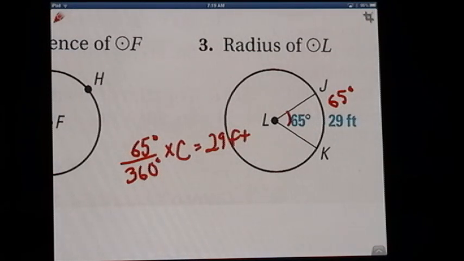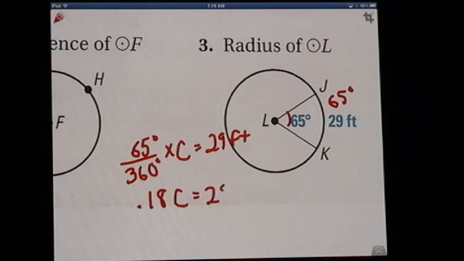Now most of you will just want to divide 65 by 360 to get the decimal, and we get 0.1805, and if we're going to round to the nearest hundredths place, we would say 0.18. 0.18 of the circumference was 29 feet here, because this was that fraction of the whole circumference. And then we're going to divide 29, and again you can say 29 divided by second answer if you've got the TI 83 or 84, and you will get,